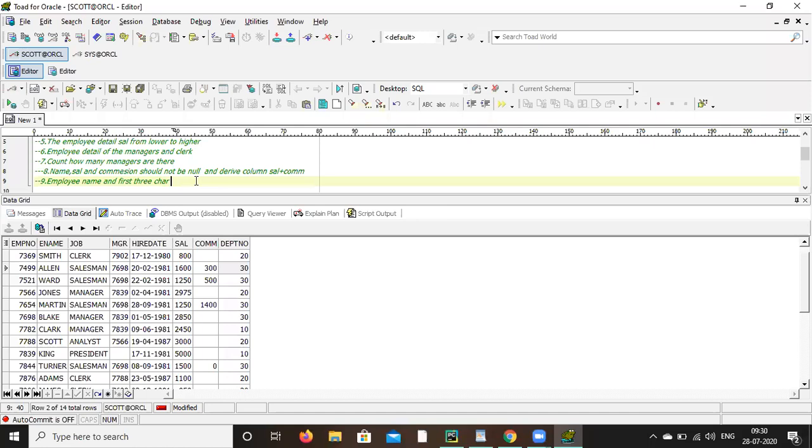And comma, what is the length of the total name? The full name, total length. That should come in 3 different columns. Total how many? 9. One more you want, right?